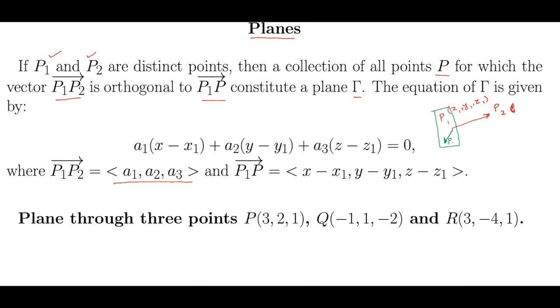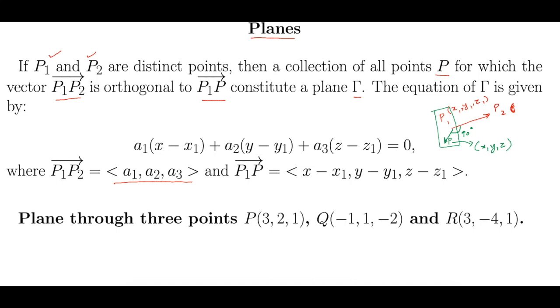Point P is a general (x, y, z). This plane and this angle is actually 90 degrees. This is in 3D, so you have to visualize it a little bit. What I'm trying to say is that all these points which are orthogonal to this vector form